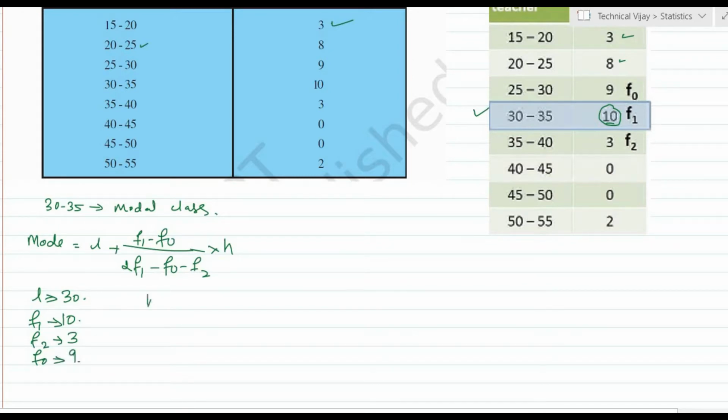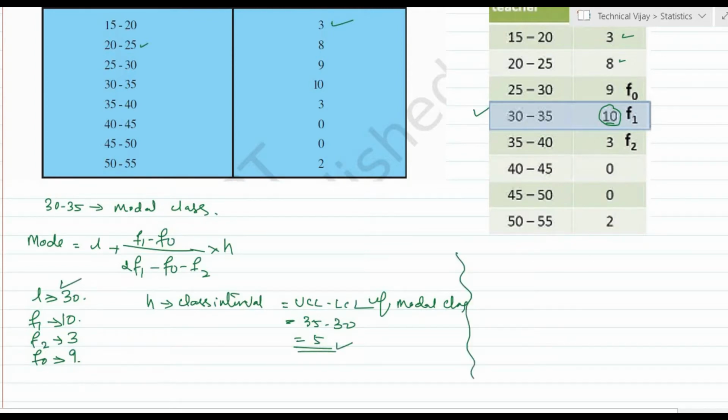Now we will calculate H. This is the class interval, and it can be calculated as the upper class limit minus the lower class limit of the modal class. So this is 35 minus 30, which is equal to 5. Now we will substitute all these values to get the mode. Mode is equal to L, that is 30, plus (F1 minus F0), 10 minus 9, divided by 2 into F1, 2 into 10, minus F0 minus F2,